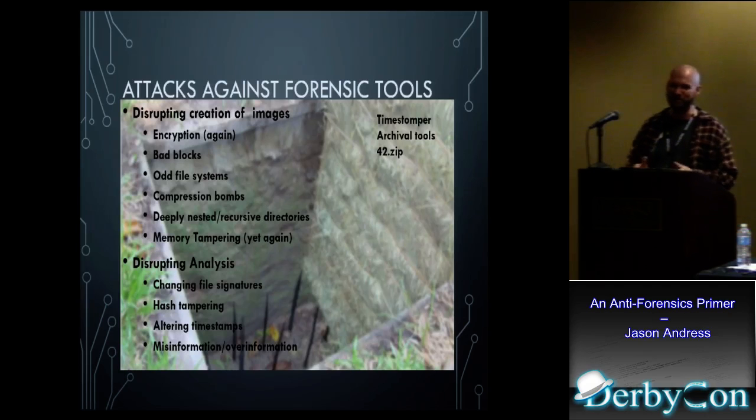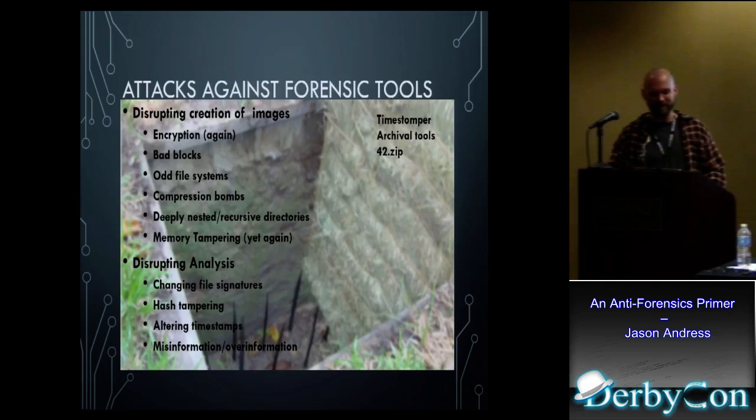Compression bombs. Compression bombs are very cool. It is not a technique that I would necessarily recommend, but it's neat anyway. Look up 42.zip sometime. It is a 42-layer nested archive file, and due to some archive weirdness, it expands out to like 4 petabytes when you open it. It's a little teeny tiny file. So if you've got a forensic tool that is going through opening zip files, trying to figure out what's in them, looking for file content, and it hits something like that, it may just very well stick its feet up in the air, because you have likely exceeded its capacity when it tries to expand that stuff.